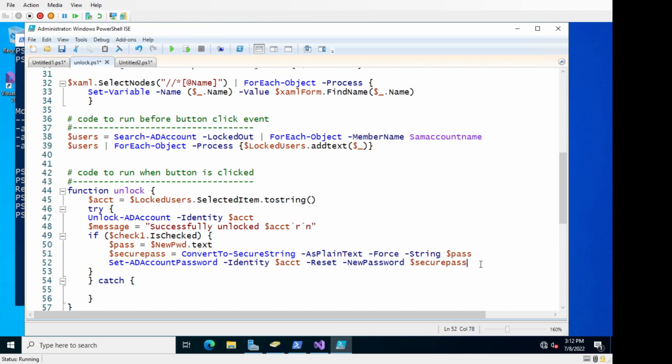All right. And then also we're going to set AD user, change password at logon. We'll set that to a value of true. And the identity, again, $count. So basically with this if, it's going to grab that text value, make it a secure string, feed it to set AD account password, set the user so that they have to change their password at next login, and one final thing, we're going to take